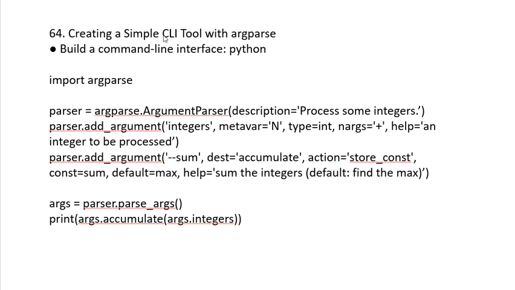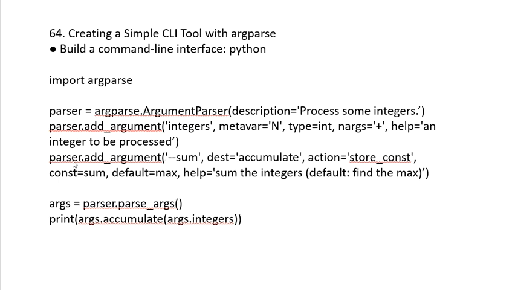And 64 is creating a simple CLI tool with argparse and building the command line interface in Python. Use import argparse, parser = argparse.ArgumentParser(description='Process some integers.'), parser.add_argument('integers', metavar='N', type=int, nargs='+', help='an integer to be processed')